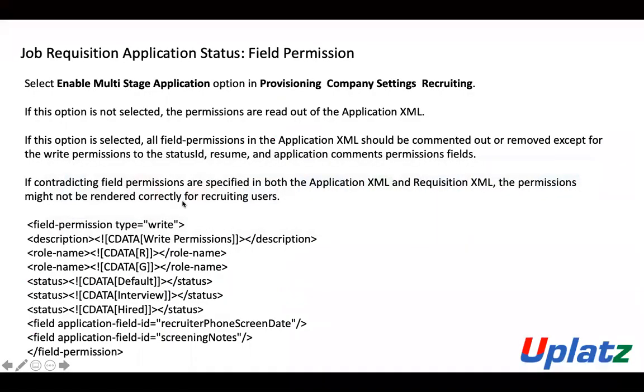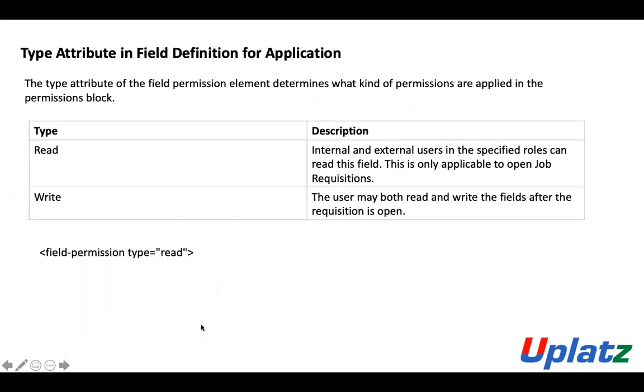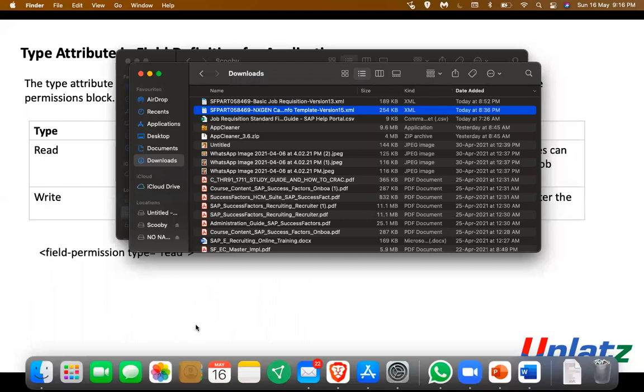And coming back to the presentation, I hope it's providing a clear picture. This field level permission type is going to be write, and they're going to perform the write operation, and the recruiter is going to be able to perform that particular role. And status is going to define the default, interview and hire process, and what are the IDs that are going to be displayed for it. So what does the type actually mean? So you can see that